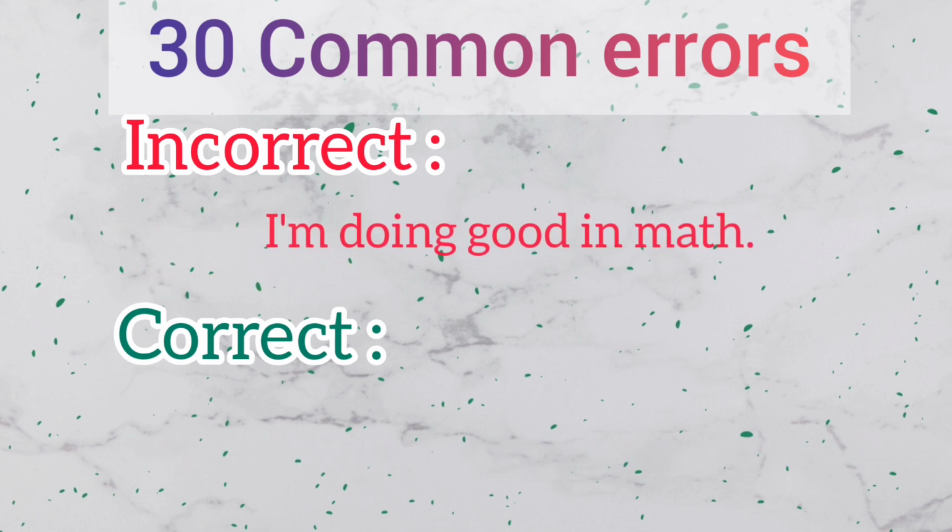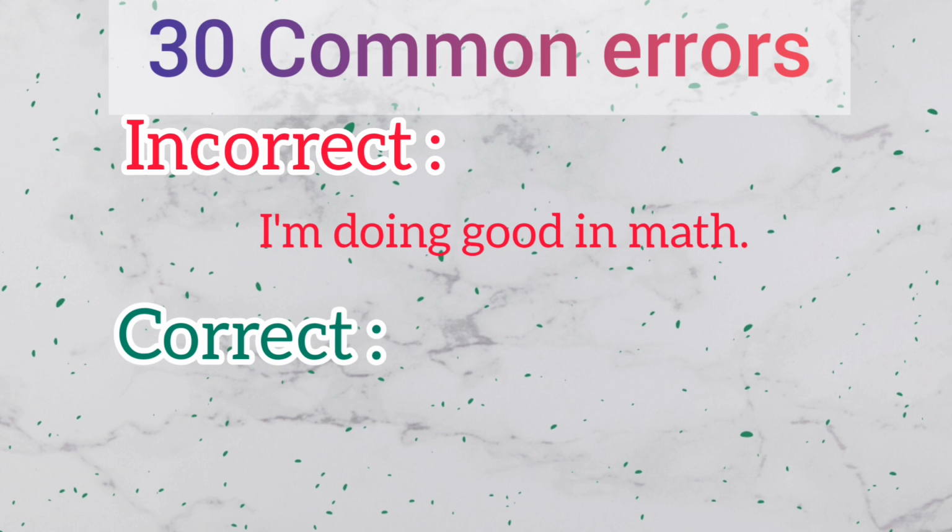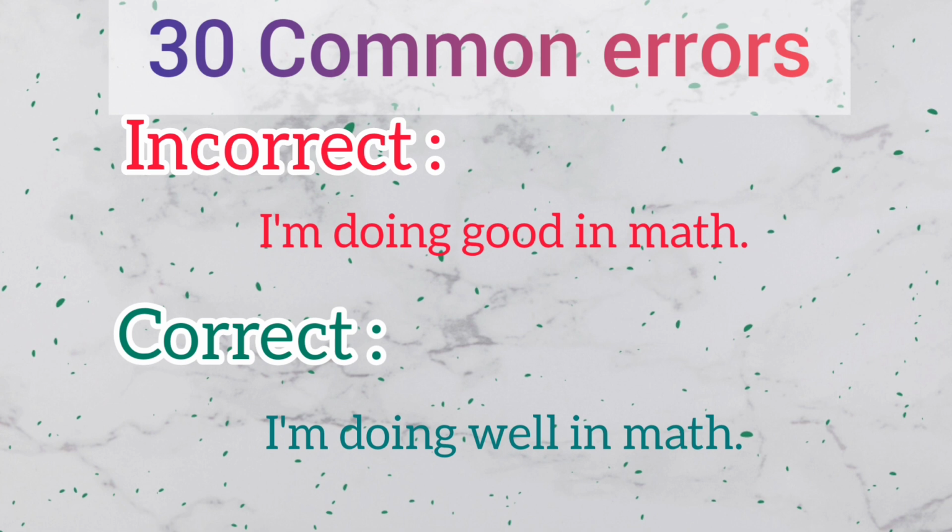Next one is: I am doing good in math. The correct sentence is: I am doing well in math. One of the most common grammatical errors is mixing up well and good. In general, well is an adverb while good is an adjective. When you aren't sure which one to use, simply ask yourself whether an adjective or an adverb is appropriate for